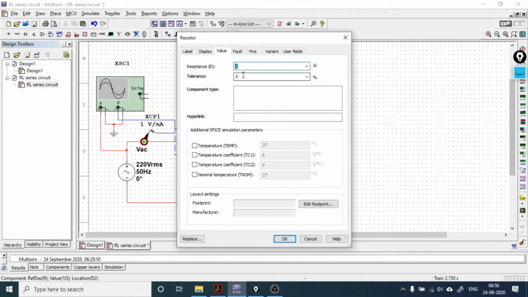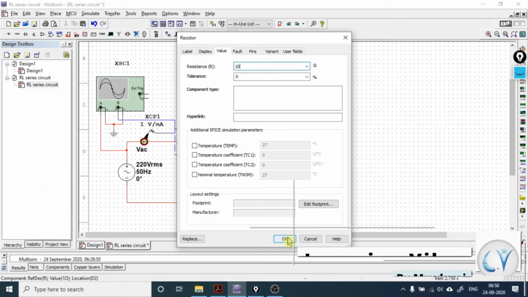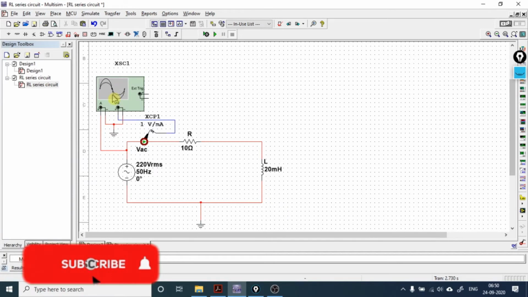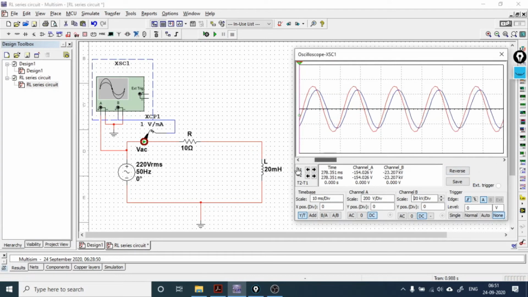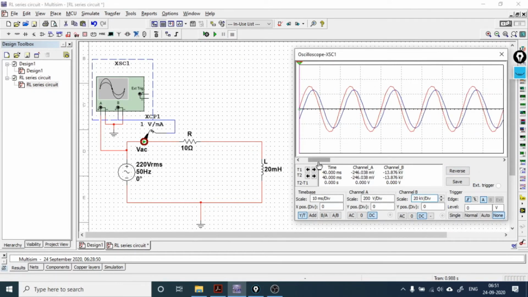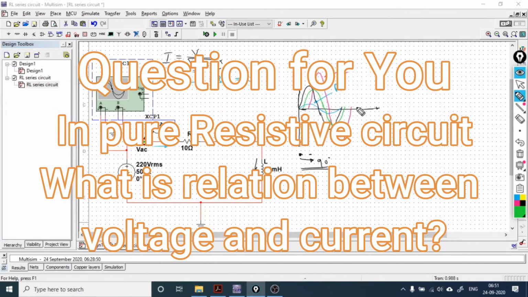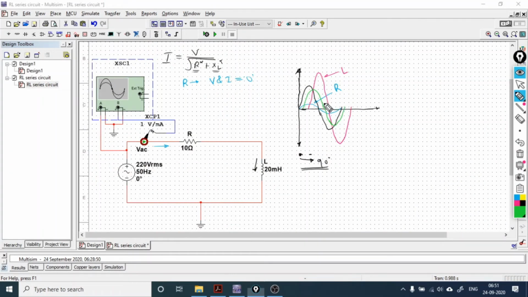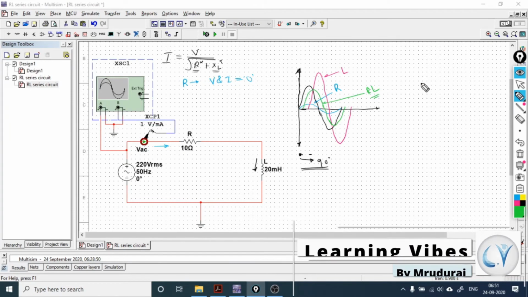Now let me show you something else, that when we make RL circuit, not dominating resistance and not only dominating inductor, but the value of resistance and inductor, they both are moderate, right? So let's run this thing. Stop. So see, now you can observe this waveform, right? Let me draw it. And see the green one. This green waveform is the waveform of the current flowing through this circuit when the circuit is RL type.